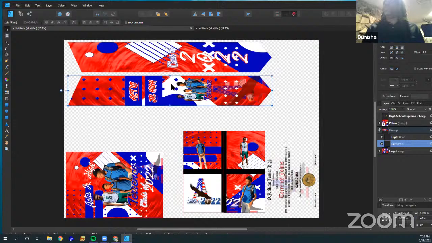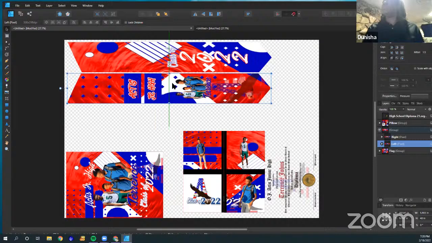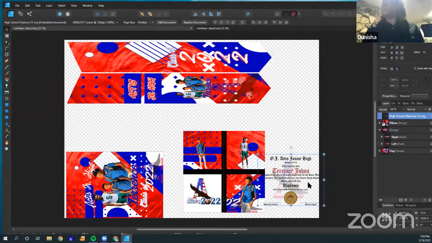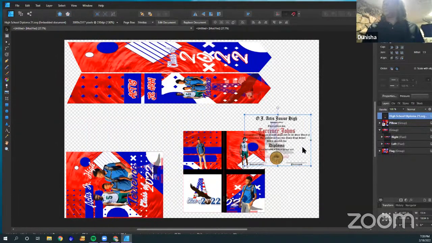Let me move these a little bit closer to each other. When I'm telling y'all, I'm legit trying to squeeze, and I'm trying to use up all the space that I can. That ain't gonna work right there.